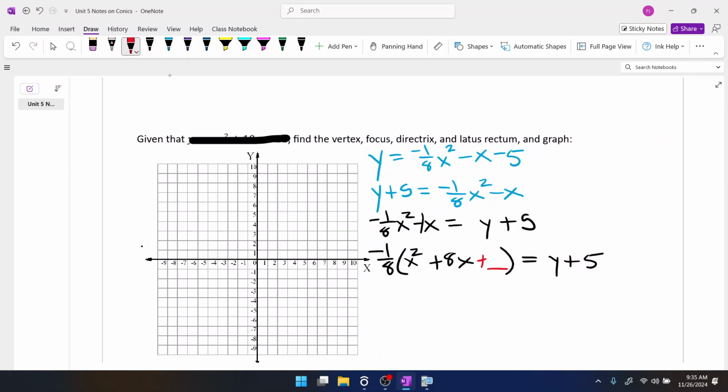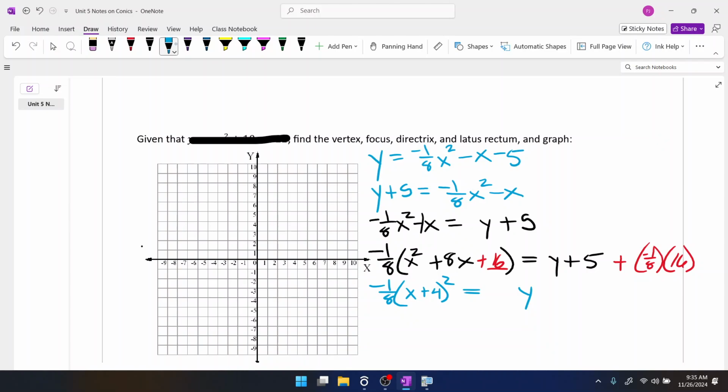$16. Pretty sweet. Now, here's the thing. We didn't add 16 to both sides, though, because this 16 is technically multiplied by what here? Negative 1/8. So basically, it's plus negative 1/8 times 16. So what we've got now is negative 1/8 times x plus 4 quantity squared equal to